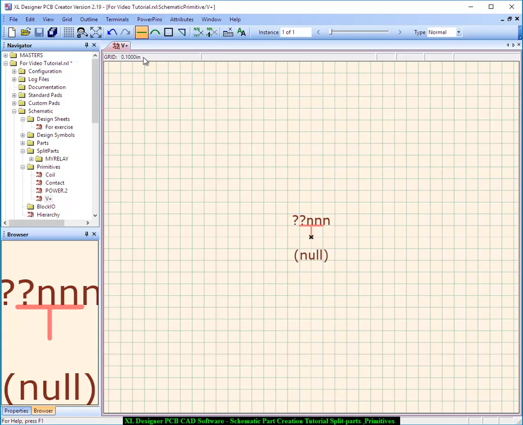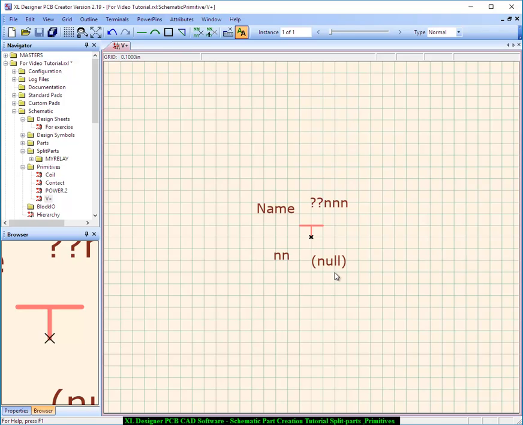Add a terminal. And now we can see the attributes. I pick them up and move them so you can identify what's what. The only attribute that we need for this primitive is the signal name attribute that's assigned to the terminal. So I'm going to hide all the other attributes